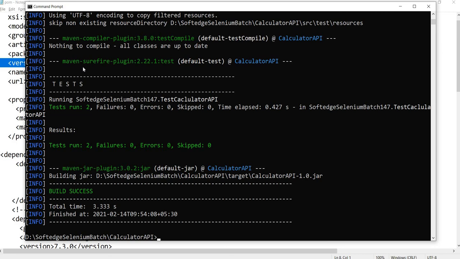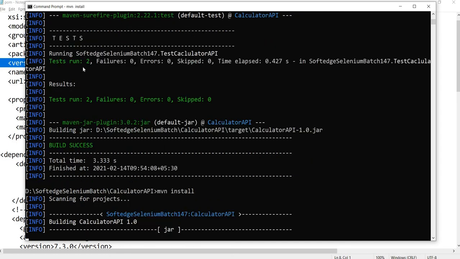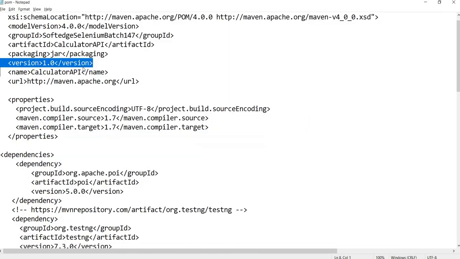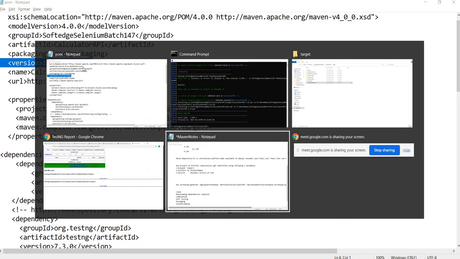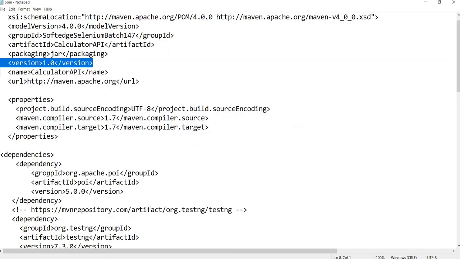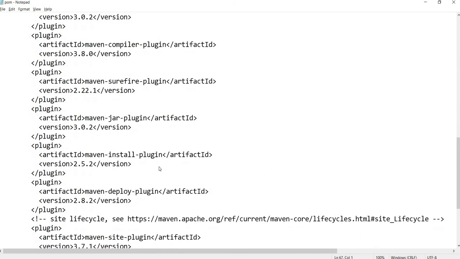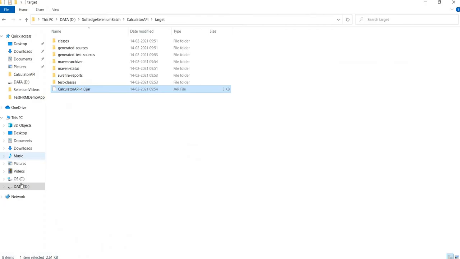Now this jar file would be released. Released means either I will install it into the local repository so that the fellow developers who are in need of it can get it, or I'll deploy it to the central repository if I have configured one. But right now mvn install is for releasing it into the local repository. So when I say mvn install, you can see Maven runs the compiler. It runs this plugin, install plugin, and it installs the library.